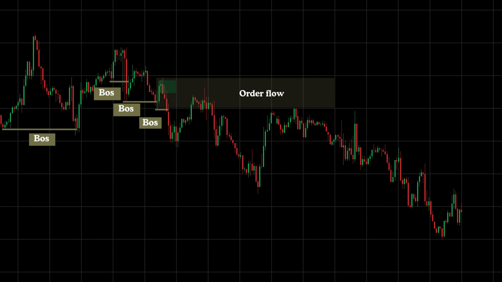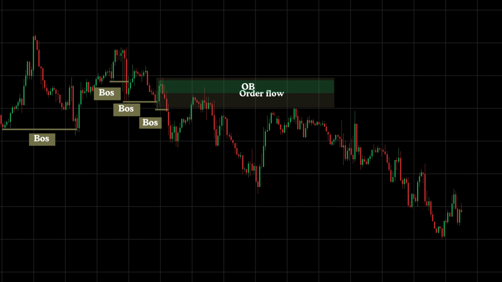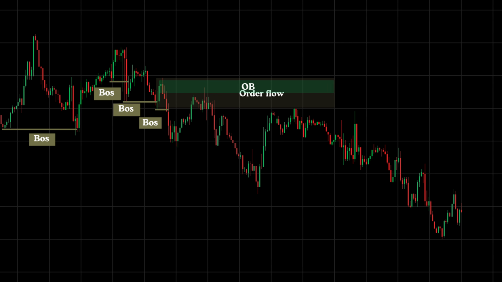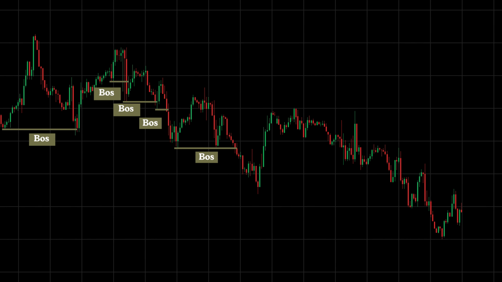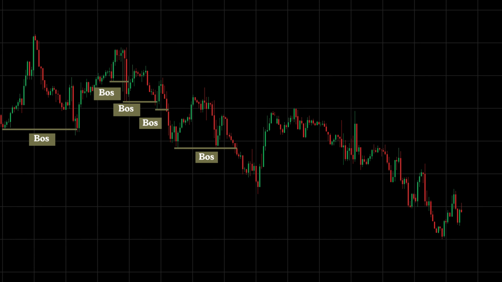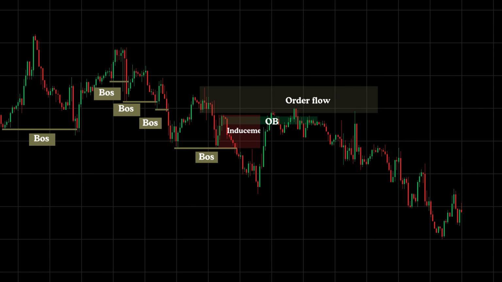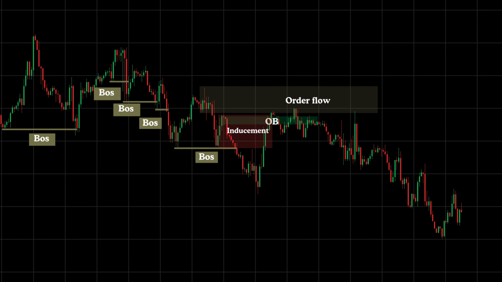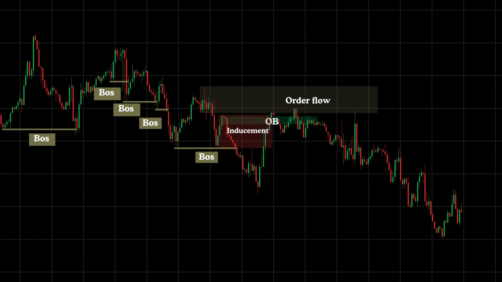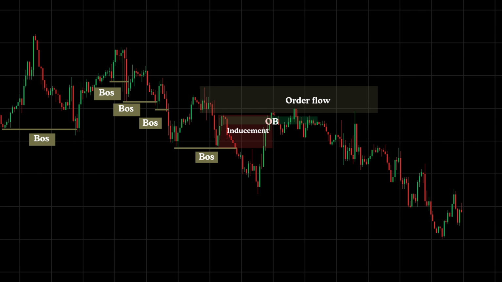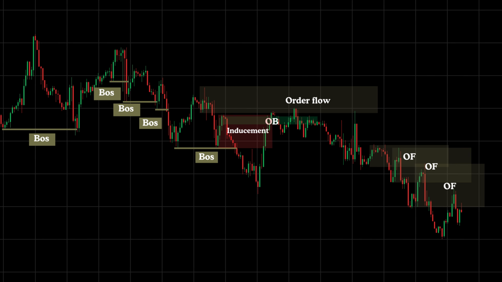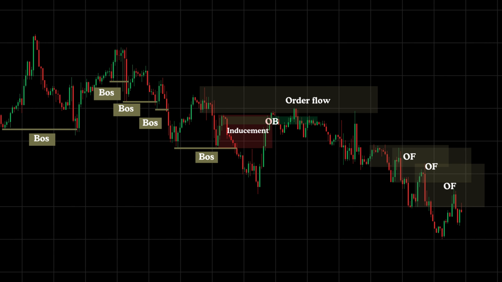When we map the order block alongside the order flow, price, after mitigating both, reversed and pushed lower. A little further down, another BOS appears, where we can again identify both an order flow and an order block. But in this case, price disregarded the second order flow, and it acted instead as an inducement. This occurred because there was an unmitigated extreme order flow positioned above, and price was likely sweeping liquidity accumulated in